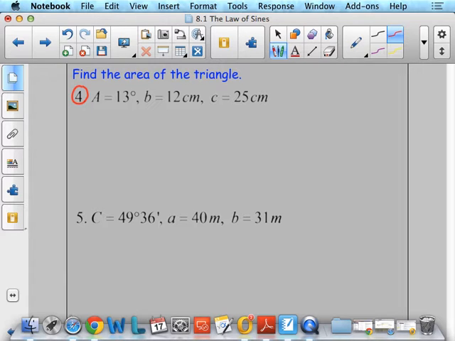Okay, so if you go back to the three formulas, the one that has angle A in it is area as 1/2 times B times C times sine of A. Okay, we just chose that one because we have side B, side C, and we have angle A. So if we plug in what we know,